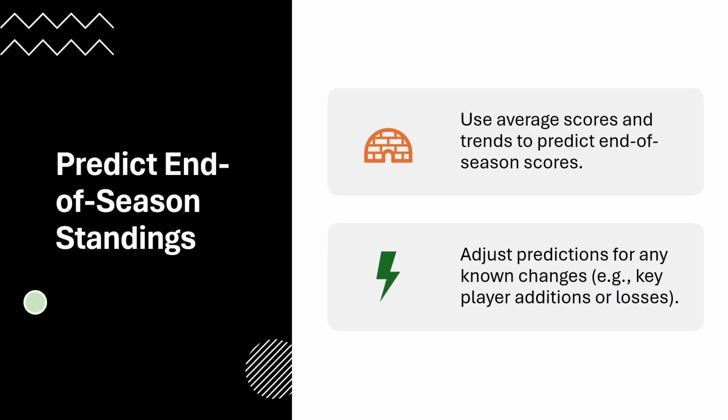So, predict end of season standings. Use the average scores and trends to predict end of season scores, and adjust predictions for any known changes, key player additions or losses. Now that's just an example, it's not really one that you'd actually look for. The main things that you'd look for really are